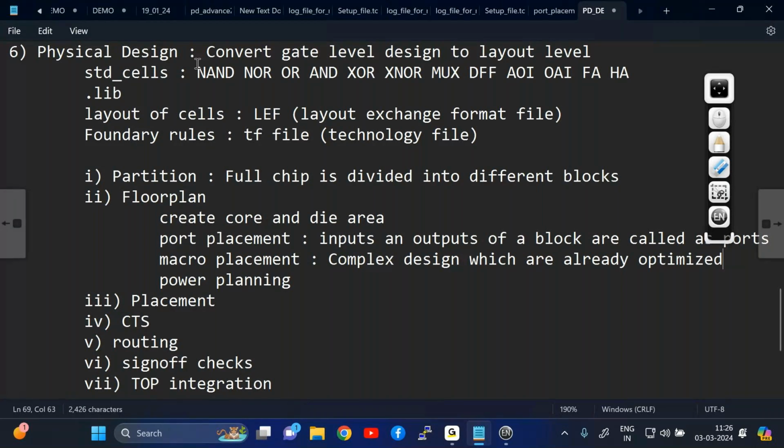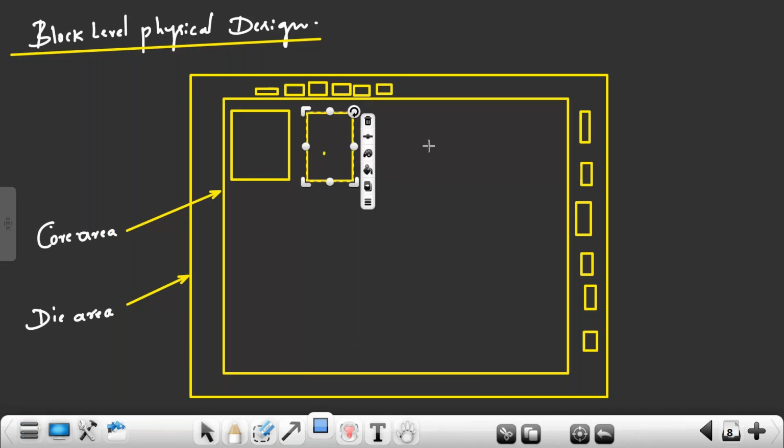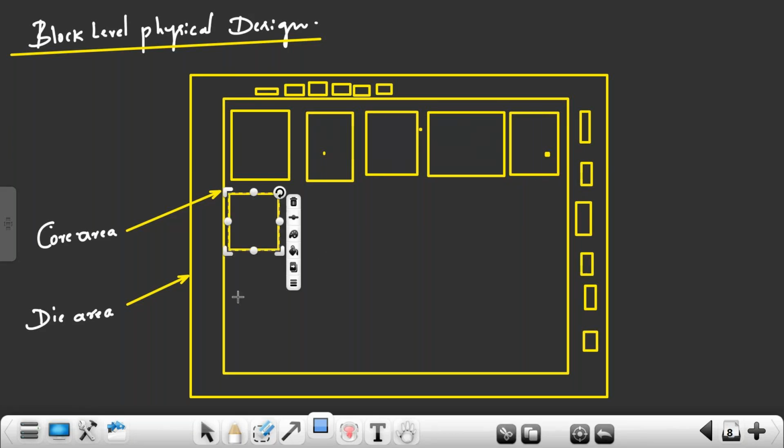So do the macro placement at the beginning, right? You will do the macro placement now. So all these are macros. This is a layout of a macro. This layout we are not creating, we are purchasing from a third party vendor. So these macros are also called IP cores, intellectual property cores. It is their intellectual property, and we are purchasing it. If we have any macros in the design, we will place them first